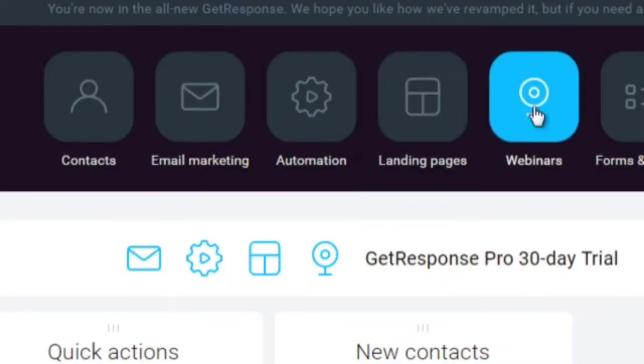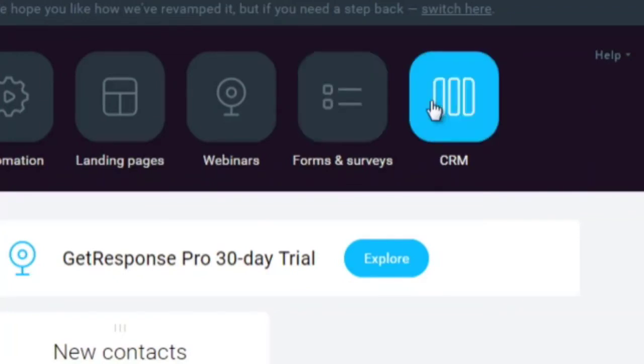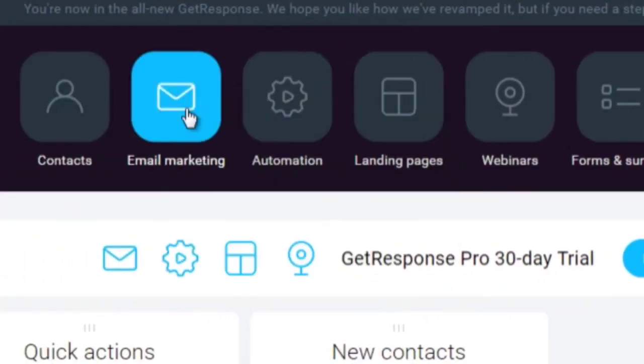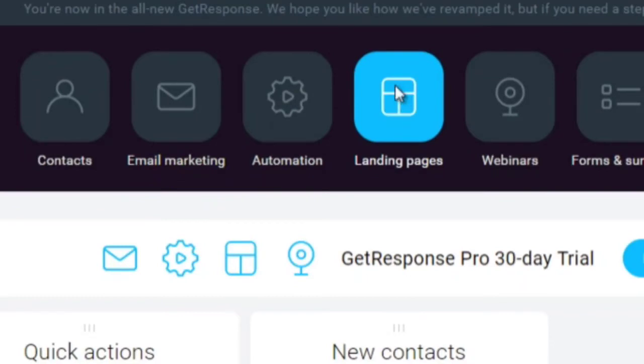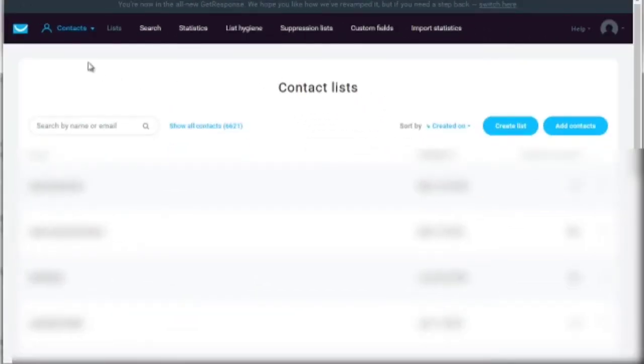Now, if you have the basic plan, you're most likely not going to get access to the webinars and other elements, as you can see here. So mainly, you really just need to focus on contacts and email marketing. Let me go ahead and open these up so you can get a feel for what these are. This one right here is the contacts. When you click that, you're going to see lists, which are the different lists that you can create for